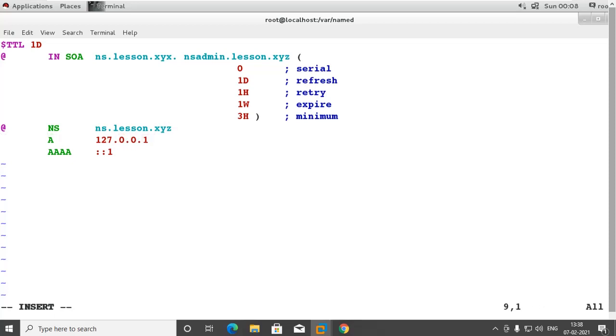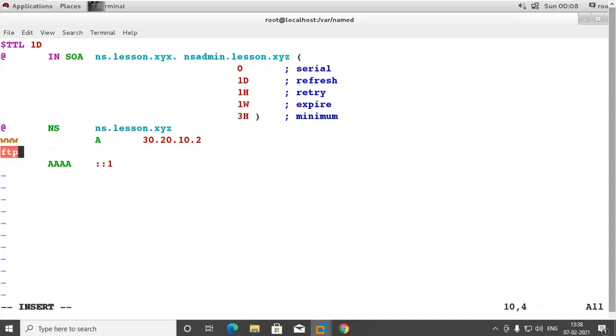And now we give, let's say, www, and the IP address of it. It's a host name, so it's a host, denoted by A, and we write the IP address. Let's say it's 30.20.10.2, which will be my web server.